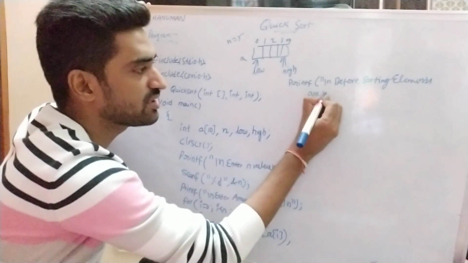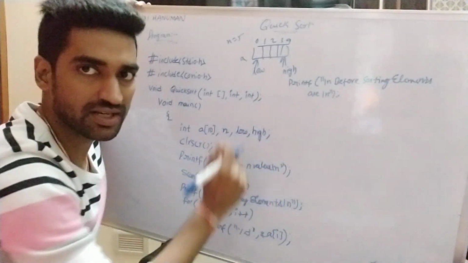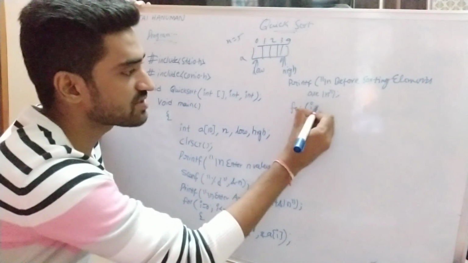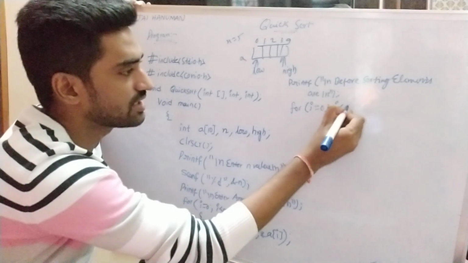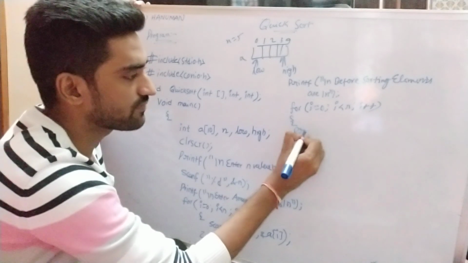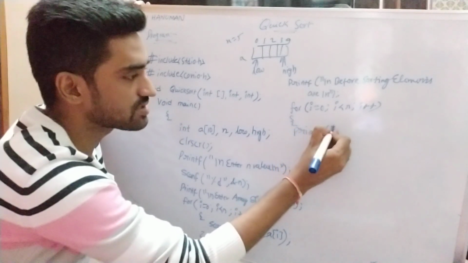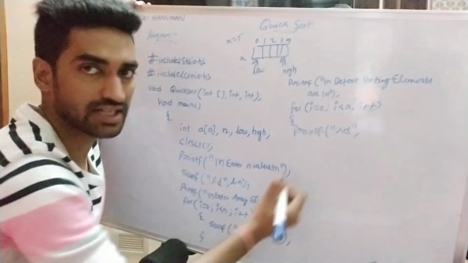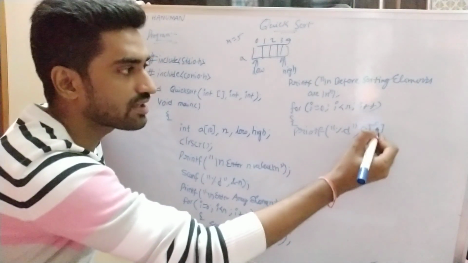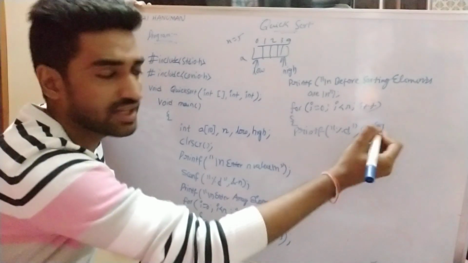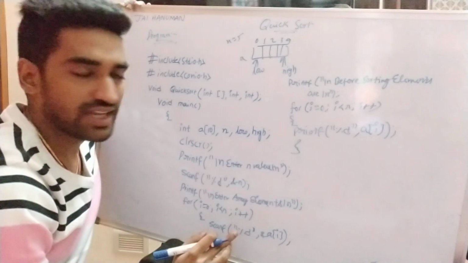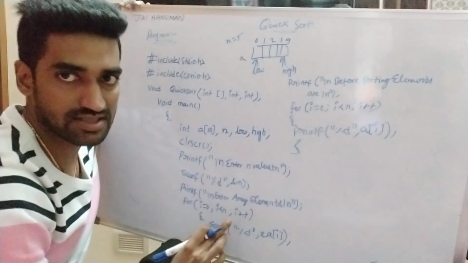So here we are printing the elements. The same operation is performed repetitively, so that's why I am specifying the same for loop, starting from 0 to less than n. We are printing all the elements of the array. With printf, all the elements are integer values, so that's why I am specifying the %d control string. So here I am printing a of 0, a of 1, a of 2, a of 3, a of 4, up to n values, right? Once this condition fails, the control will be passed to the next statement, right?